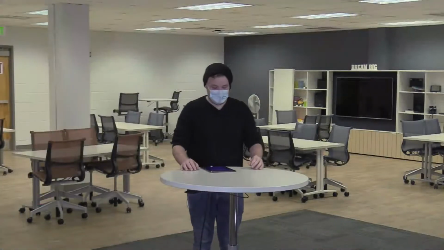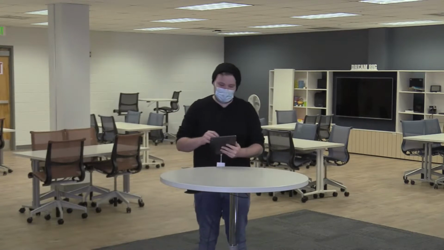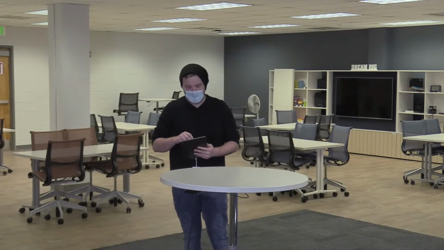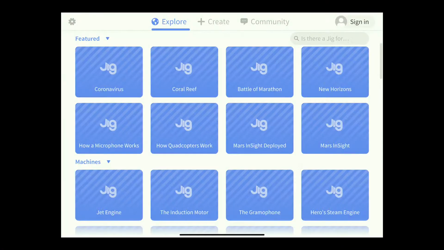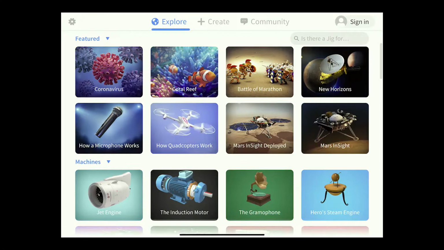Awesome. Thanks, Zach. Today we're going to talk about JigSpace a little bit. I'm going to load up the JigSpace app on my iPad here. To begin with, JigSpace does require a login. There is a premium feature, just to get all that information out front. Basically, the premium feature offers a little more access in terms of uploading models as well as how many projects you can have. But apart from that, this is a really powerful tool, and it's really interesting for creating